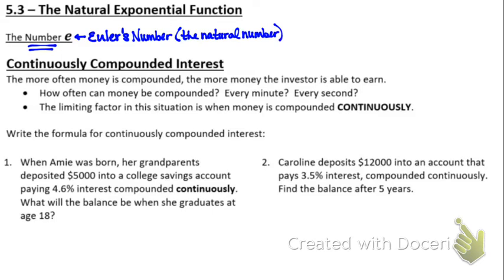It's called the natural number because it shows up in a lot of natural growth situations. The number e is kind of like pi. Pi is about 3.17, and then we could go on from there, on and on and on. Natural number, Euler's number, similar idea. It was discovered, much like pi was discovered. And e is approximately